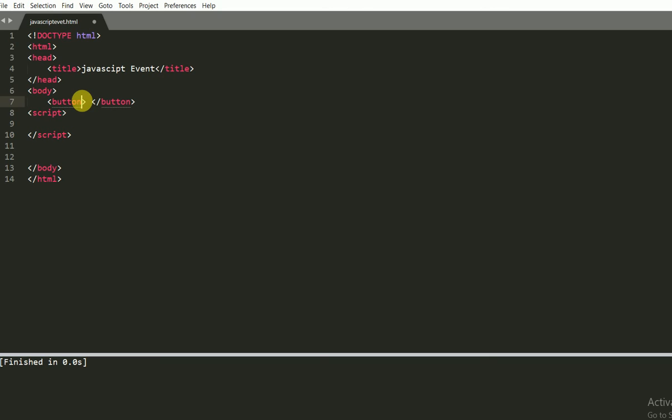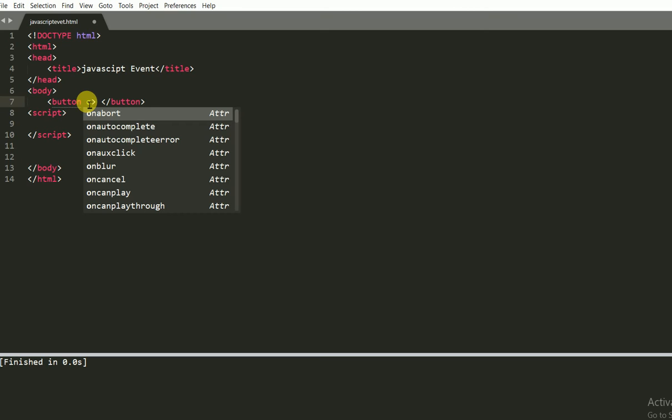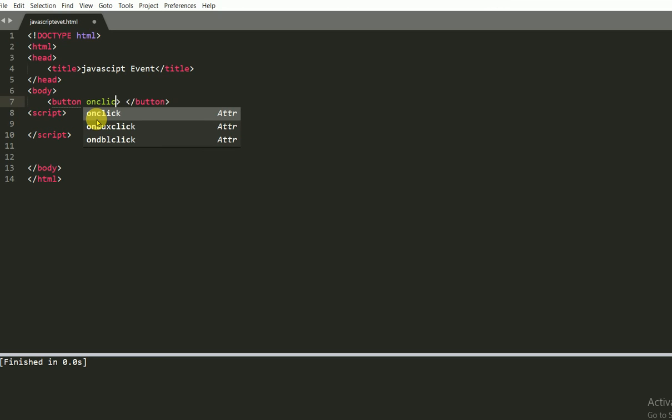I take a button tag. In this button tag, I will put an onclick. Like I take a function, I call this function, and the button says click me.